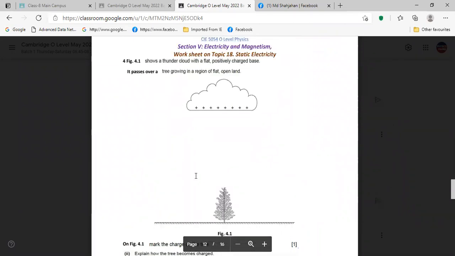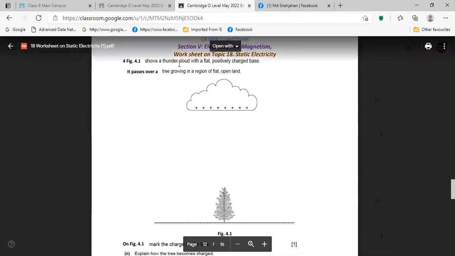Negative. Very good. So, how will we draw it? It's negative, it's correct. Now, how will we draw it? Like the sphere we drew, the same way we will draw the negative charges here on the tree. From here we'll start and we'll check how many positive charges are given. 1, 2, 3, 4, 5, 6, 7, 8. So we will also give 8 here